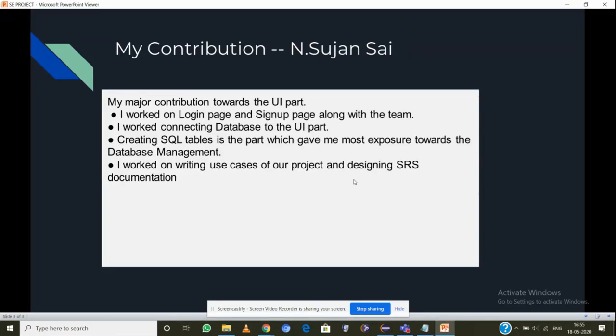Since I forgot to mention the challenge we faced during this lockdown: the major challenge was that we were not synchronized towards the project, and we didn't know up to which stage everyone had completed. To resolve this issue, we created meetings in Microsoft Teams, which helped us get a better understanding of how much of the project had been completed, and we got synchronized. So these are the major challenges and contributions towards my project.